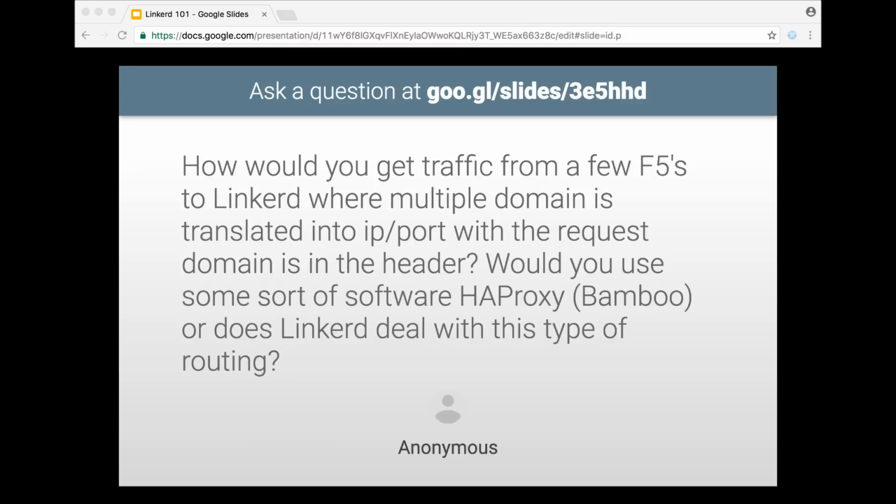Next question is, how would you get traffic from a few F5s to Linkerd where multiple domains are translated into IP port, but the request domain is in the header? Would you use some sort of software like HAProxy, or does Linkerd deal with this kind of routing? I'm not sure I fully understand the question, but